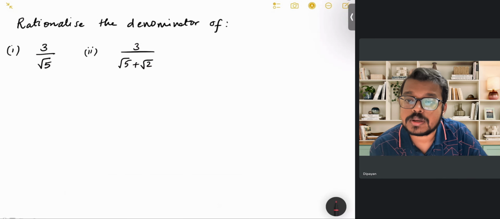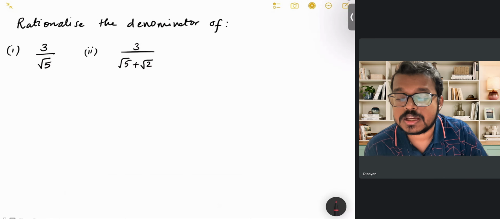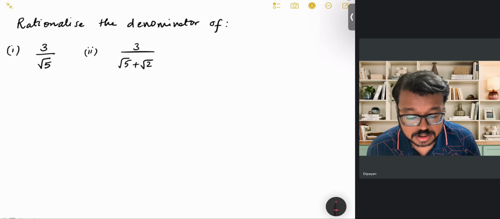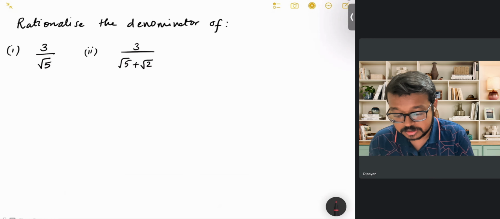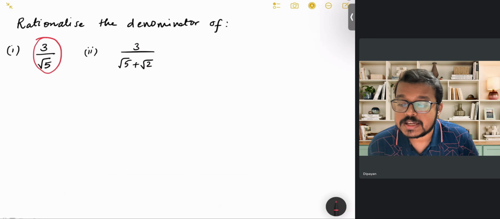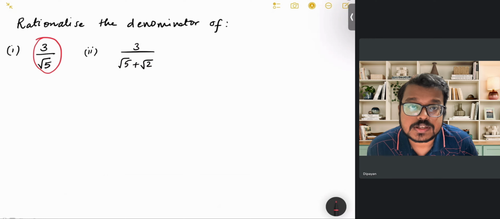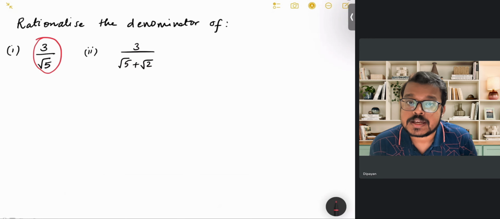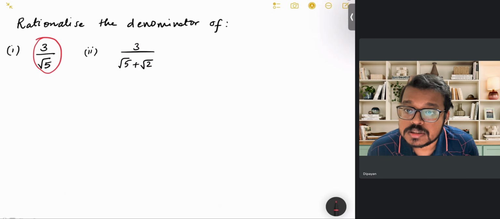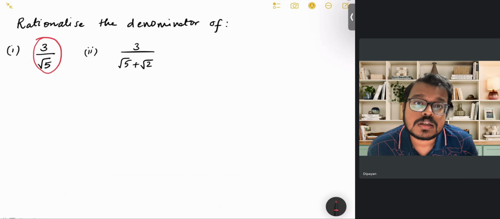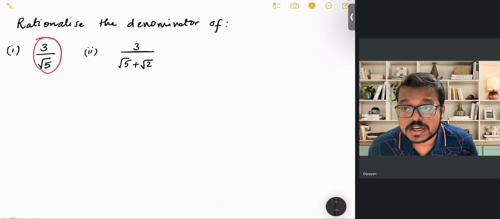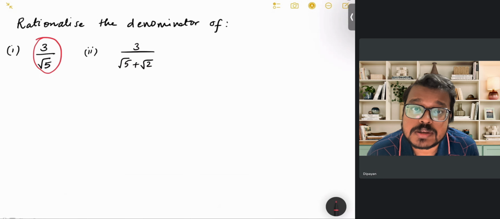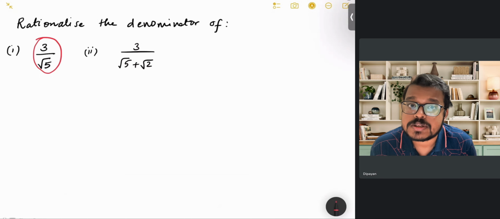A very important topic in the chapter of irrational numbers is to rationalize the denominator of an expression. Suppose we have an expression 3 by root 5. We can see that the denominator root 5 is irrational. Now it is possible that we can change this expression so that the denominator is rational. We want to still have the same value of the expression, but somehow we can rewrite the expression where the